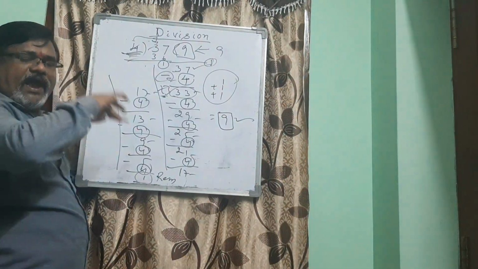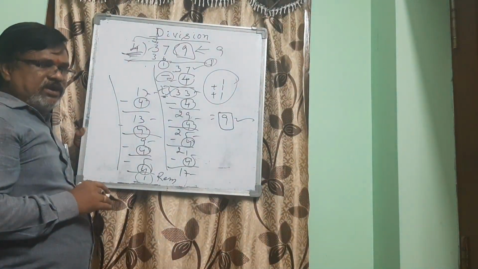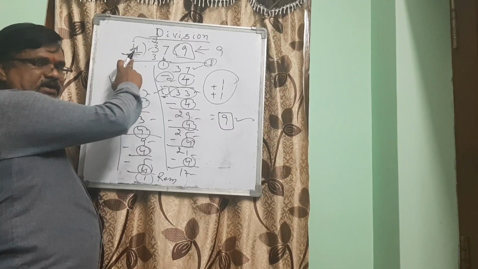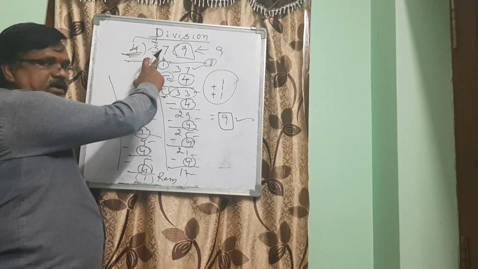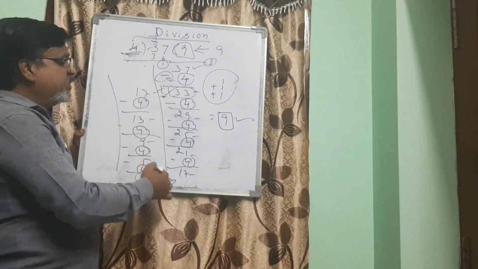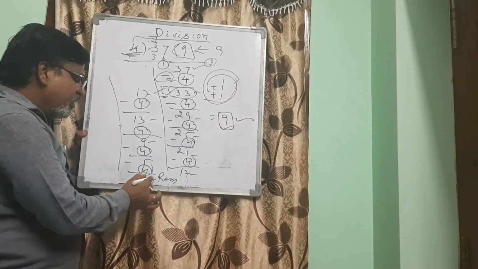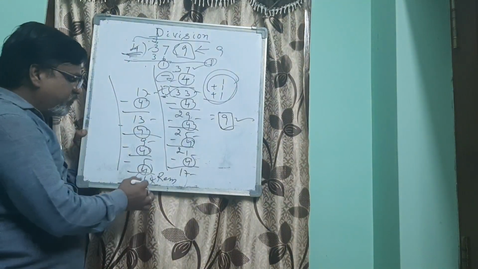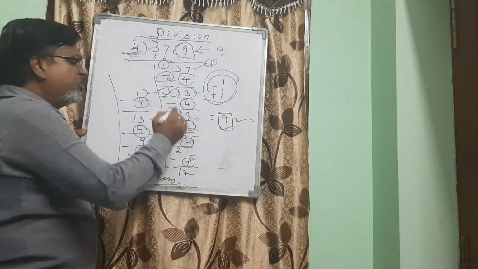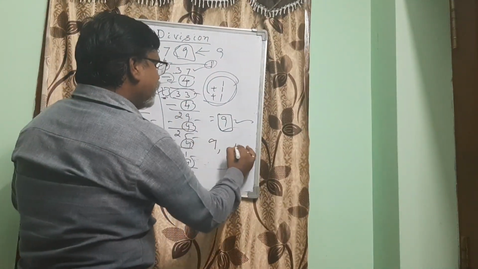How do you compare? Again by using your logical operation. Whichever is lesser will be called the divisor, and whichever is the greater number will be called the dividend. At the end of this, whatever counter value you get is the quotient, and the final remainder, not the partial remainder, will be considered the remainder. So here you will get two results, 9 and 1.